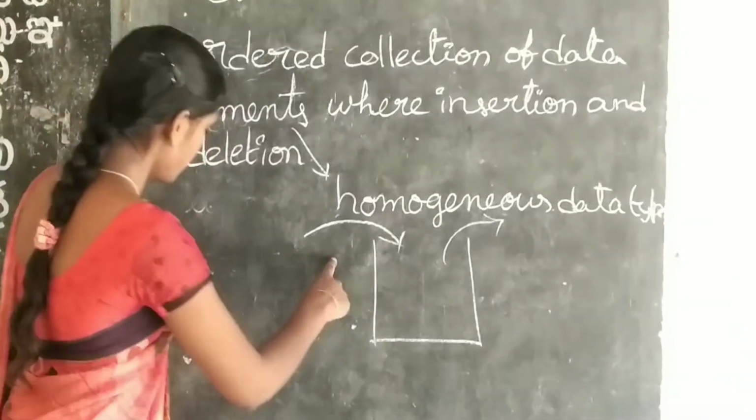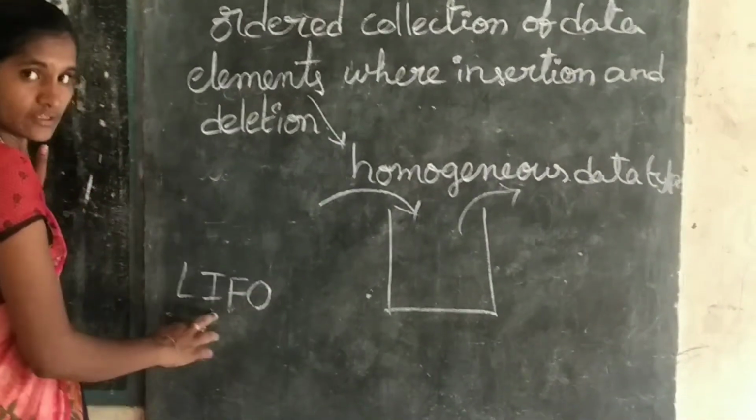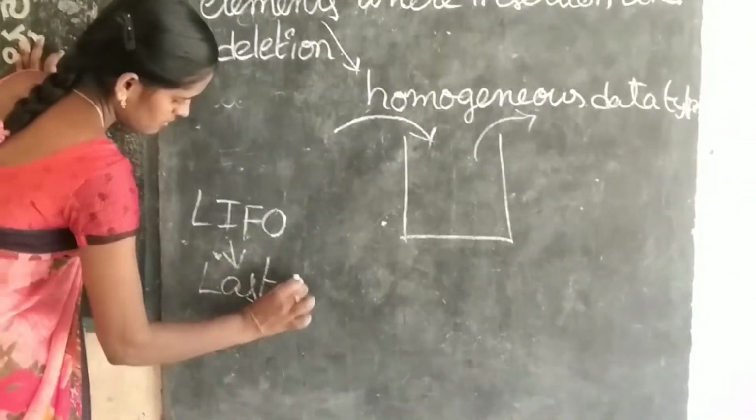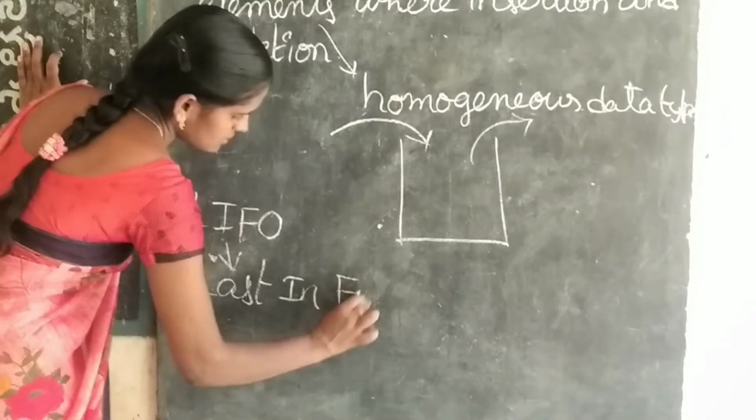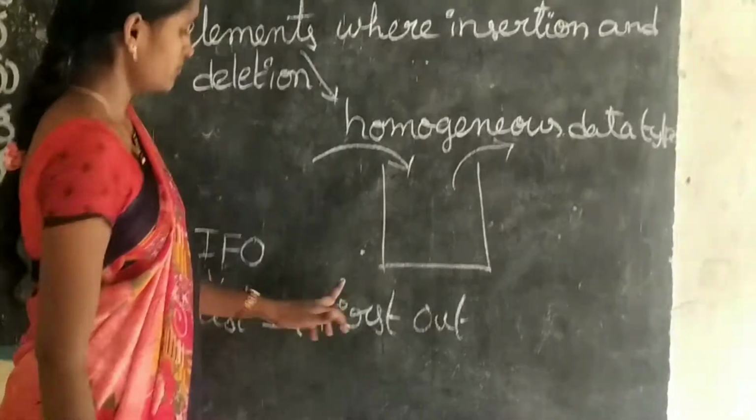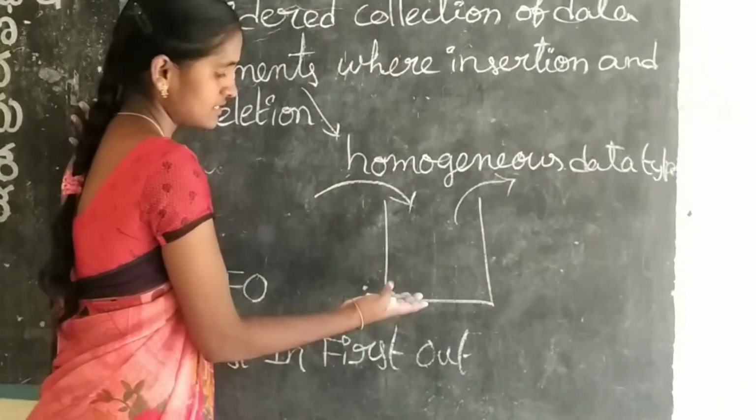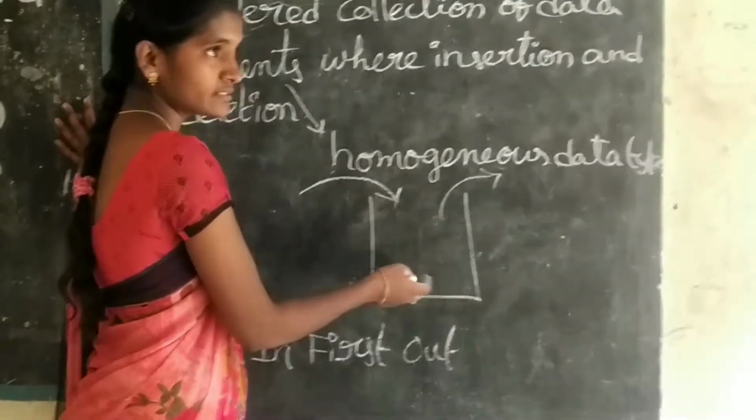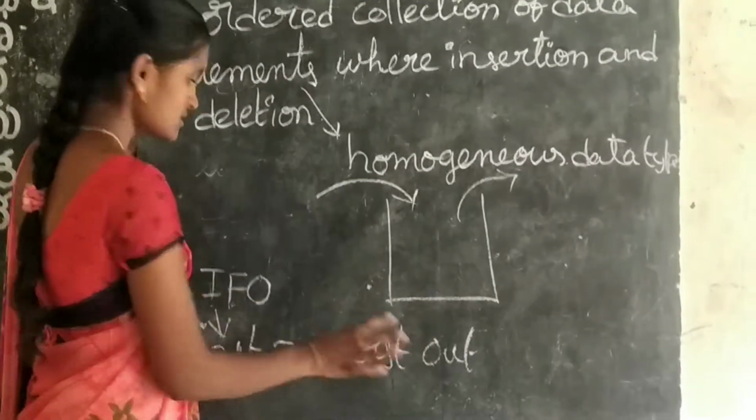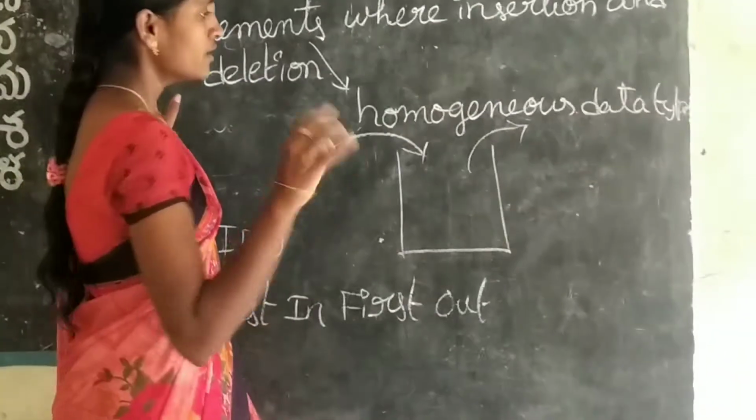So this one follows the LIFO mechanism. This LIFO mechanism means last in, first out. That means the element kept in the stack last, that element comes out first. That is the stack. So for example, in a general example,